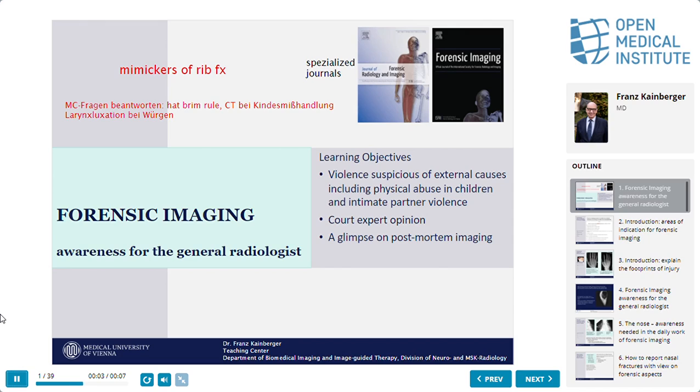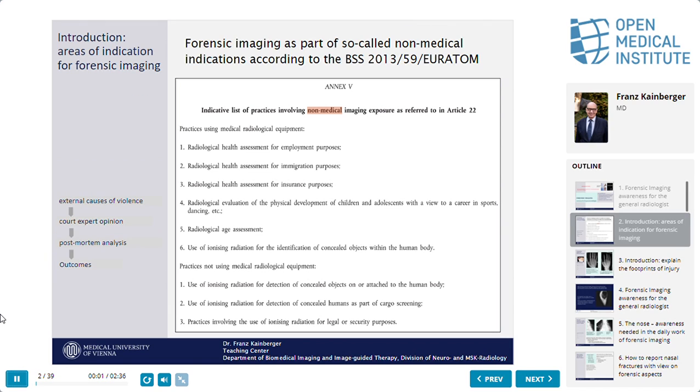Now a totally different world will be open to you. This is forensic imaging. In forensic imaging, if we go right to the beginning, you see here two important points that we should consider: mimics of rib fractures and the head brim rule. And the learning objectives are mainly what we should be aware of,